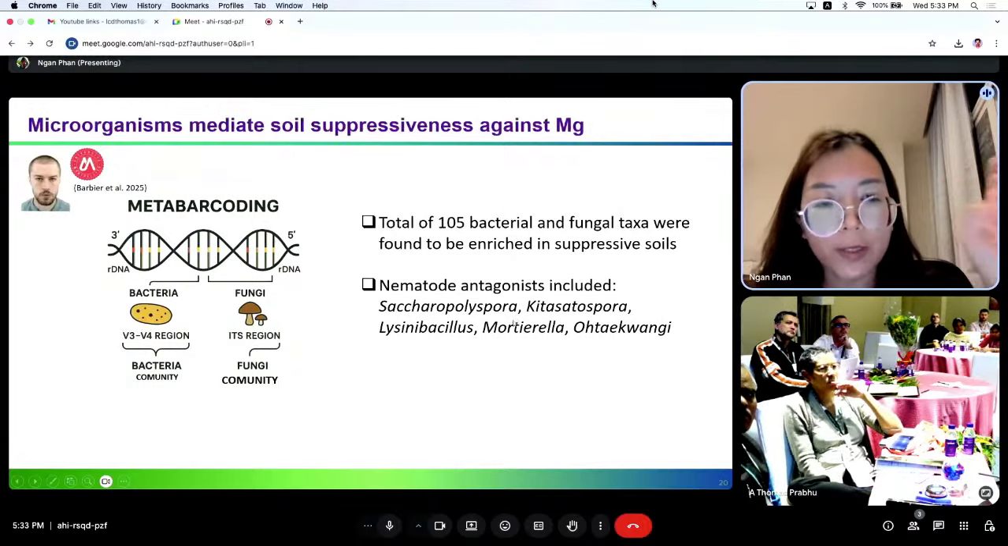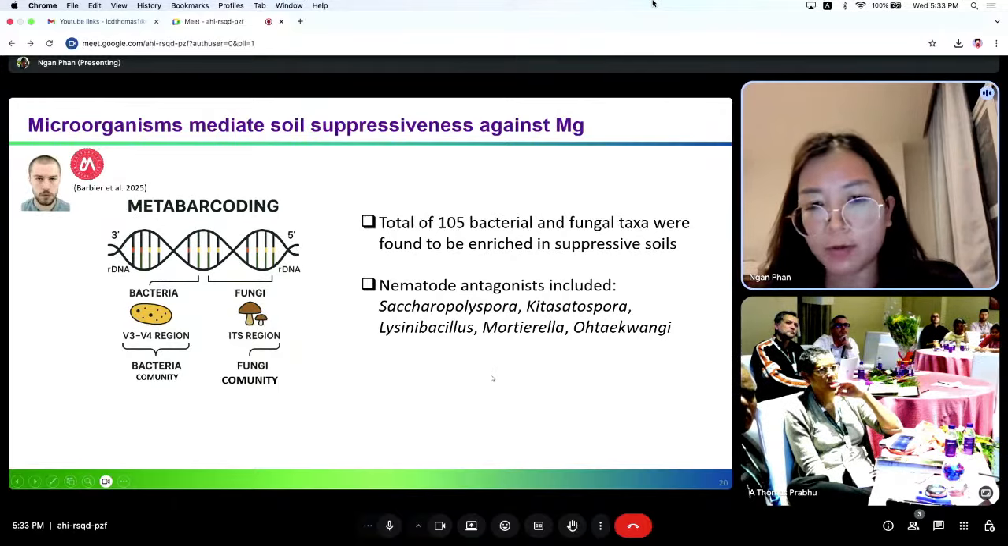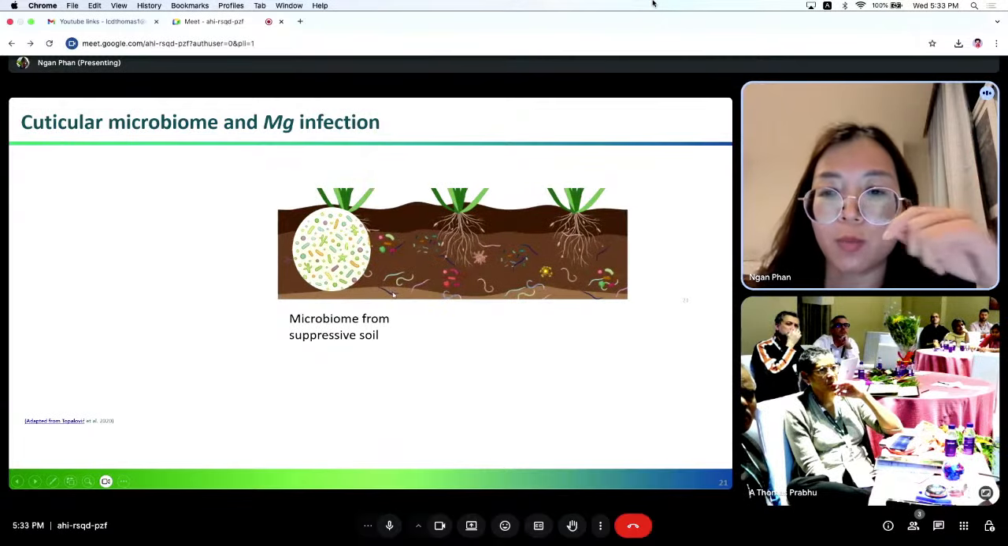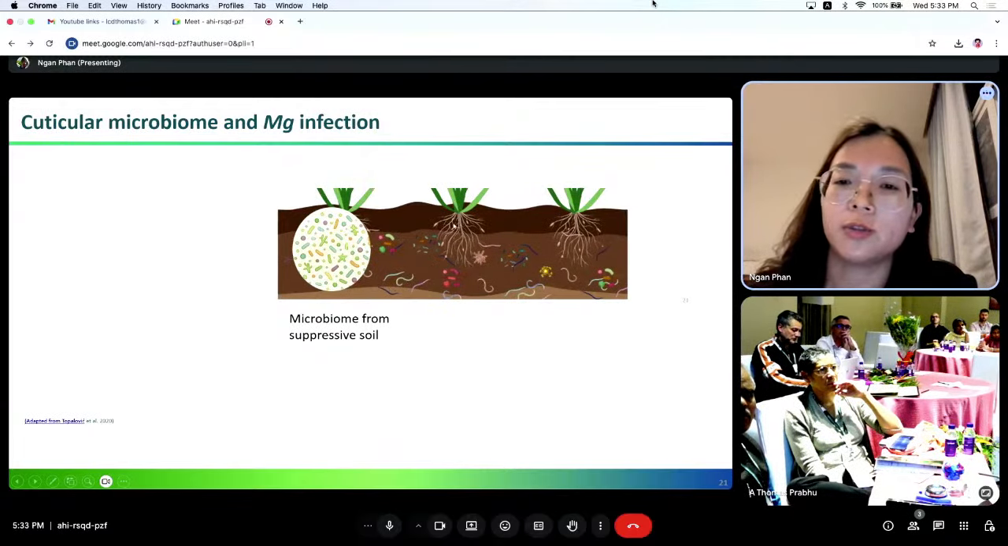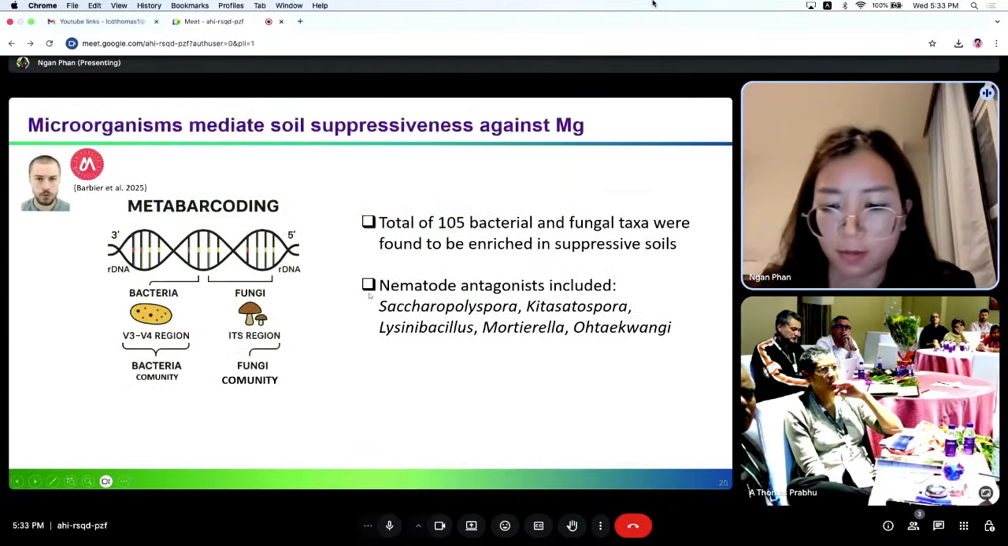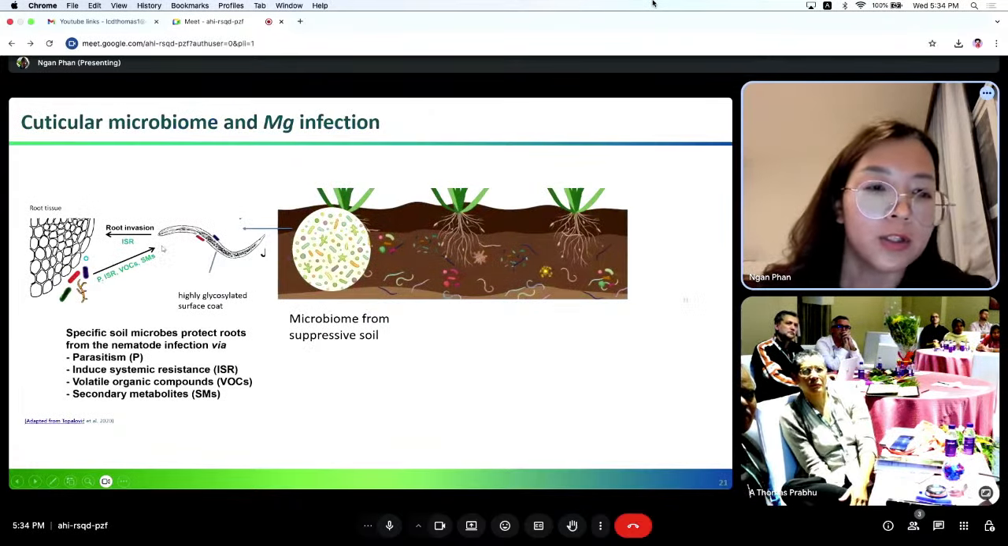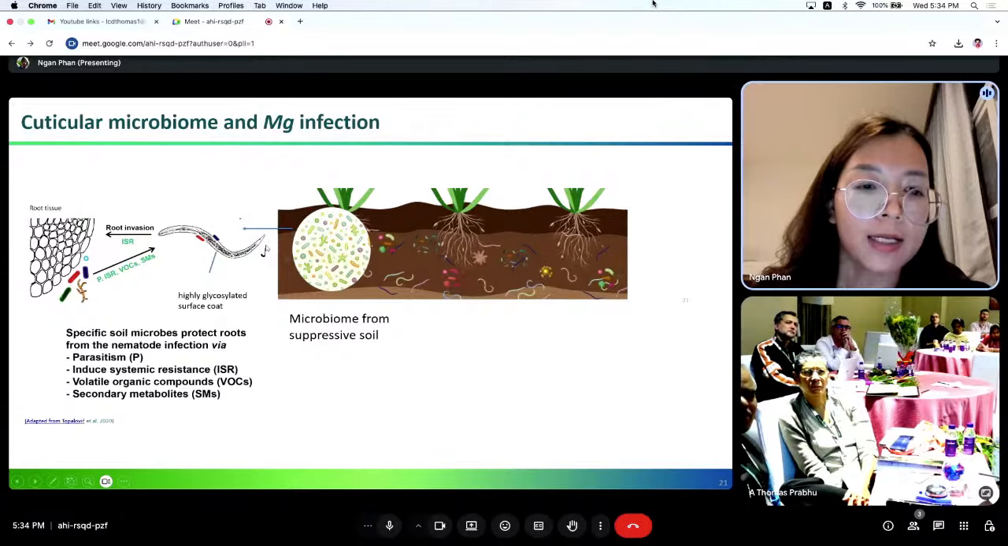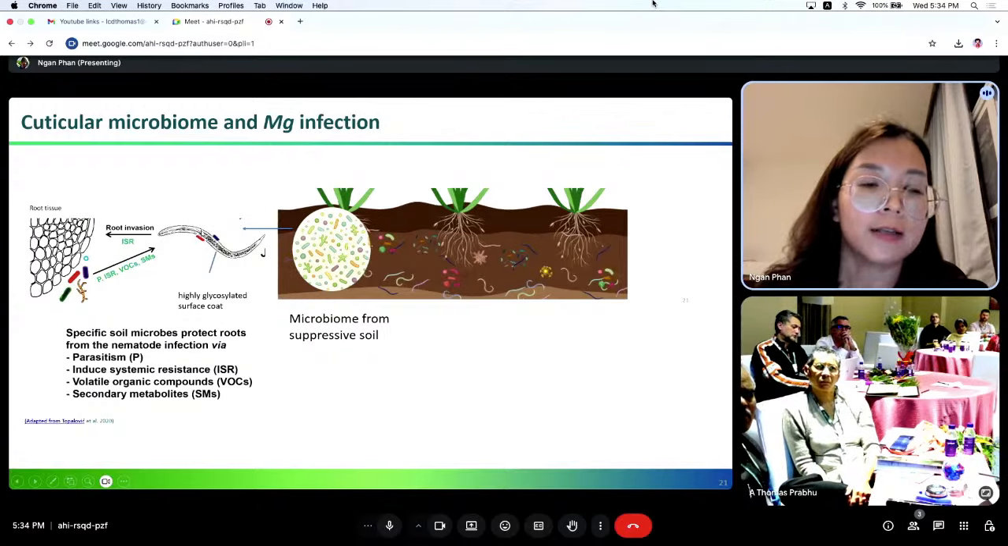And among the soil microbiome, when nematodes move through the soil toward the root to infect the root, the nematode cuticle is highly glycosylated, so the bacteria can stick onto the cuticle, and the cuticle of the nematode is the first part that interacts with the plant during infection,